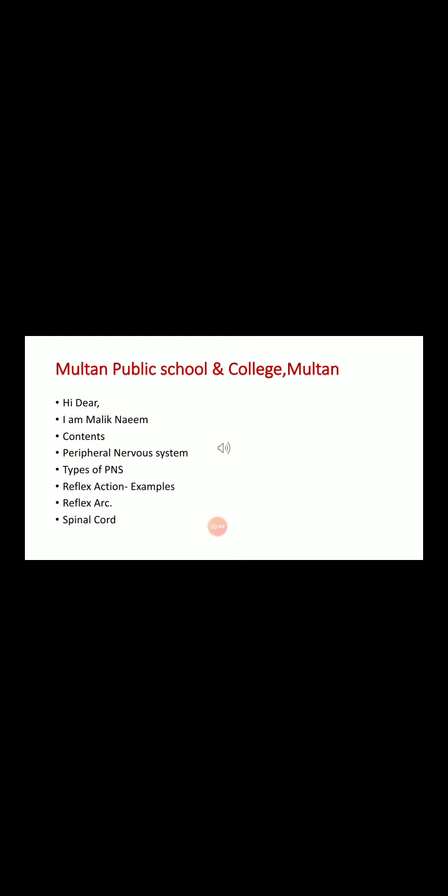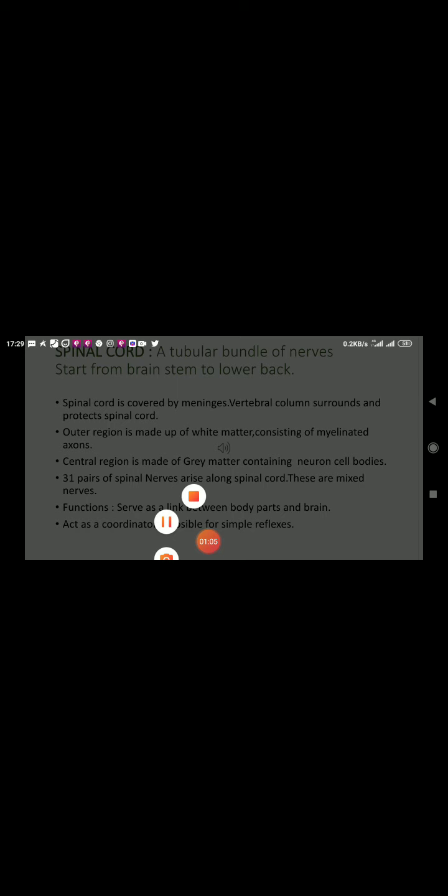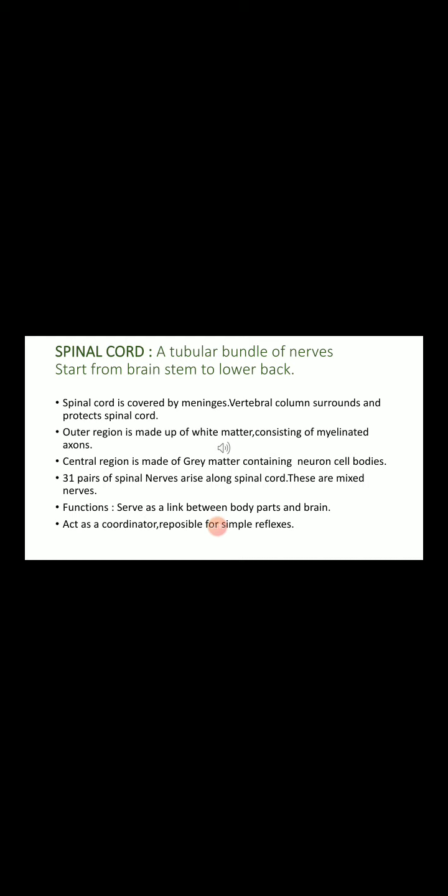Today's content of the lecture are peripheral nervous system, its types, reflex action with its examples, reflex arc, and spinal cord that starts from the brain stem to the lower back. Spinal cord is covered by the lipid layers which are called meninges. Meninges are also present around the brain as well, and they are the covering of the brain. The spinal cord is protected by the